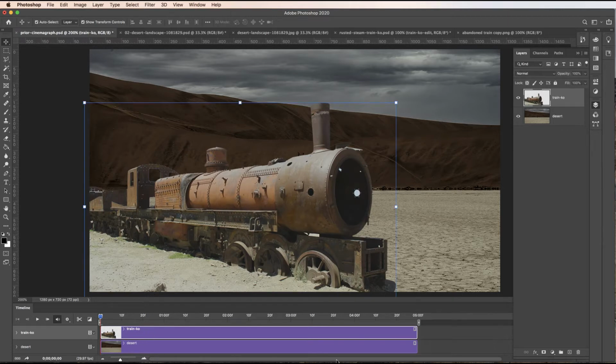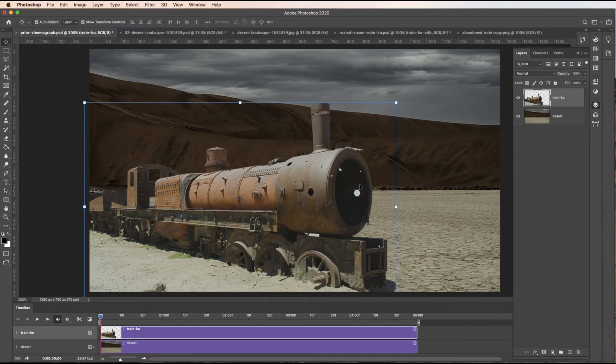Okay, so we have a duration right now of 5 seconds, which is the default duration. There's a couple of things that we need to do to fix our train, and we'll do that next. And when I say fix the train, just a couple of little touch-ups in these areas right here, meaning